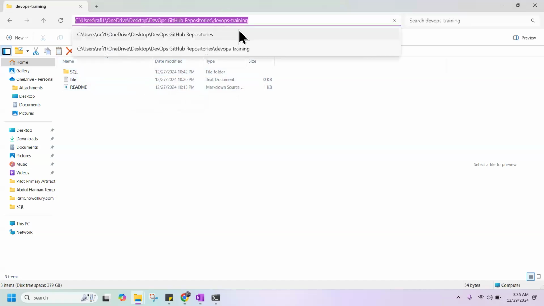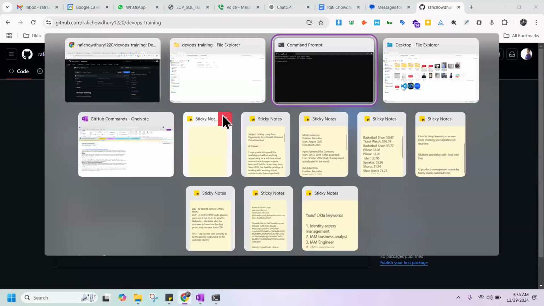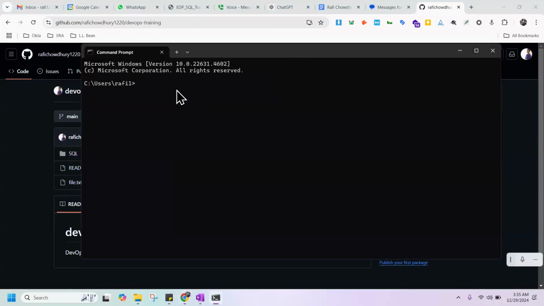You just need to write the CMD. After selecting the path, you need to write CMD. Yes, you can also use this method, but first you need to write CD, right? Just go to the first line after the command.